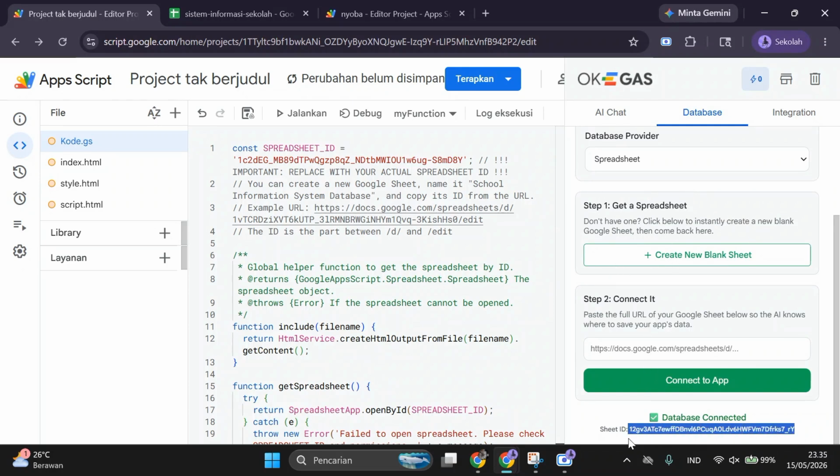So now let's save it to drive. At this point, the GS code, index HTML, script, and setting are ready, but we still need to generate the spreadsheet tables.